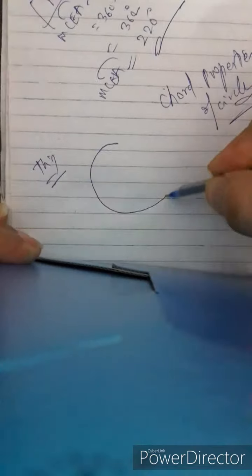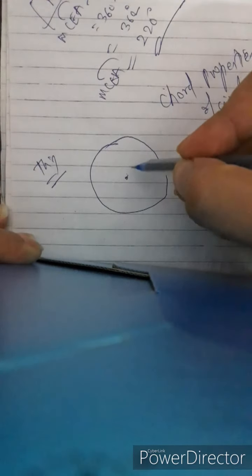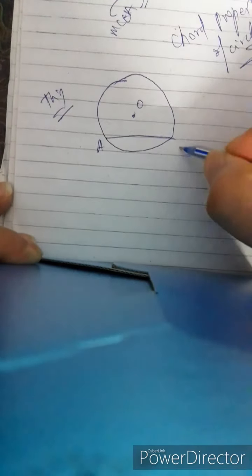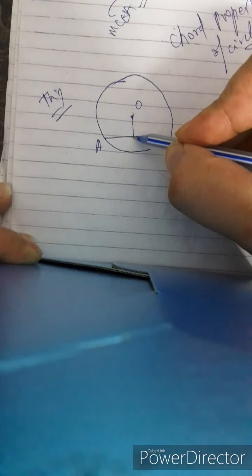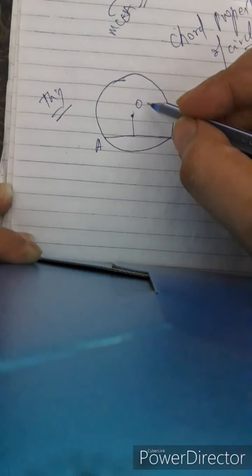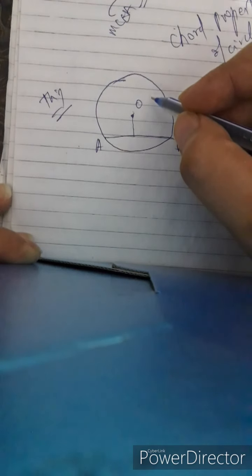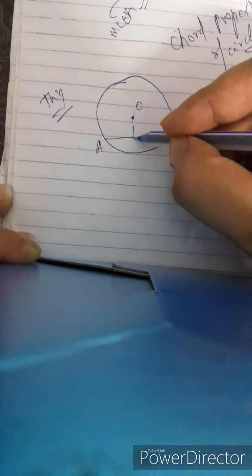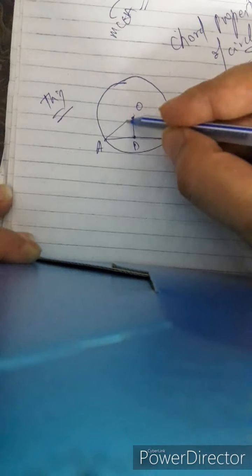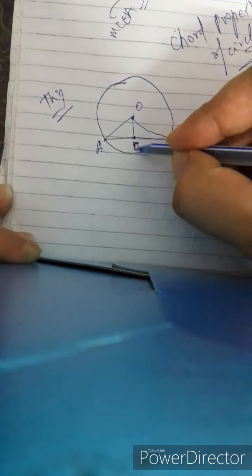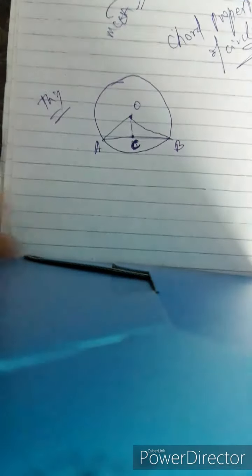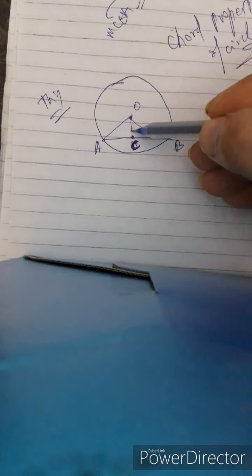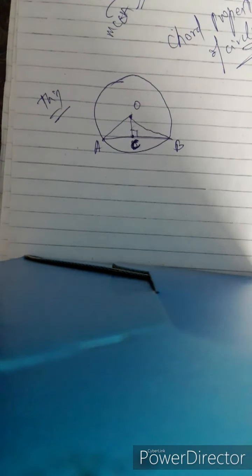It states that in a circle, suppose O is the center and AB is the chord. Theorem 1 states that a straight line drawn from the center of the circle to bisect the chord, which is not a diameter, bisects the chord AB at, let this point be C. AC equals BC. Here the straight line OC is bisecting the chord AB, so it is perpendicular to the chord. We have to prove that.